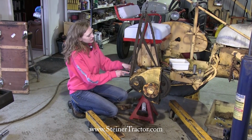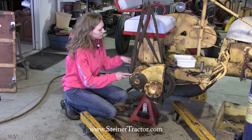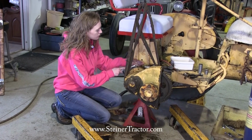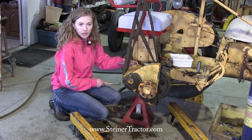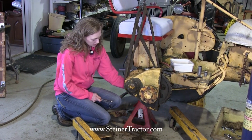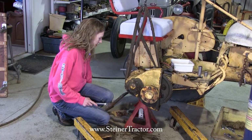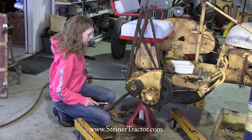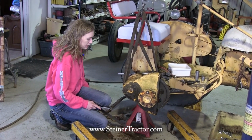I'm tightening up my last bolt here. This was quite the struggle to get this brake compartment into the rear of the tractor here. Remember, there's two dowels, one at the top and one at the bottom. Also, there's a pin from the actuator that is here in the bottom that has to insert properly. We use this narrow rod to slide in there and move the actuator so that it would go into place